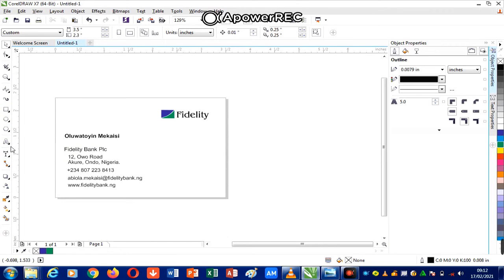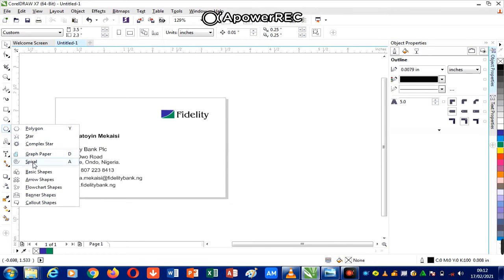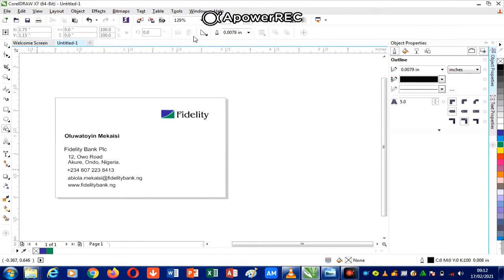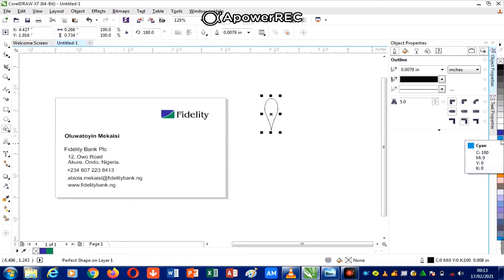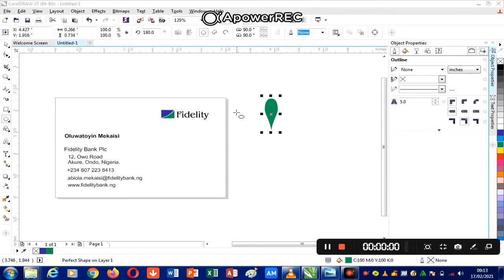For the address, I come down to my basic shape. I pick this, perfect. I rotate it 180 degrees, then I give it green color, and I give it no outline. Then I draw a circle in the middle,